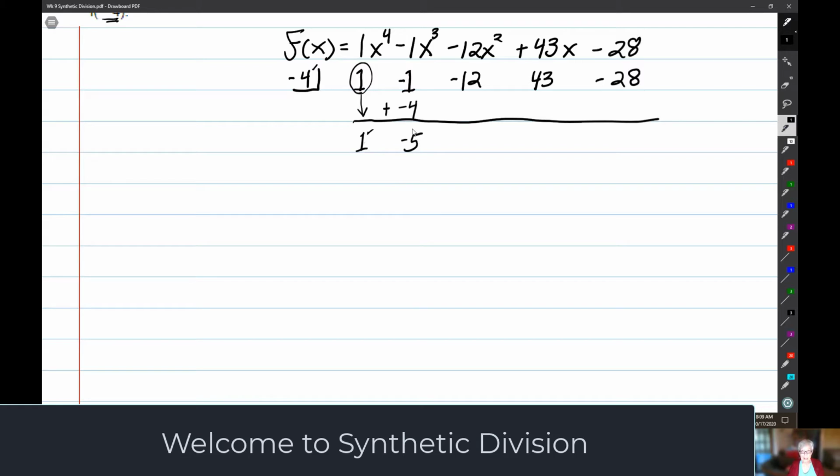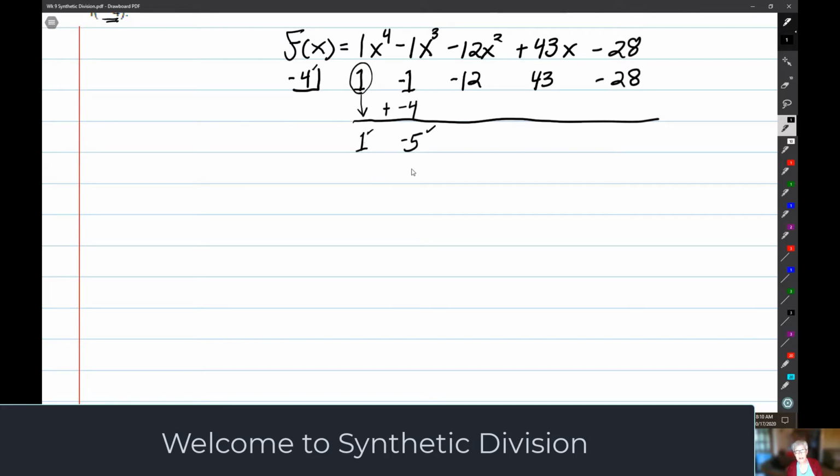Now, I take the negative 5. Am I going too fast? Somebody stop me and tell me if I'm going too fast, okay? You're okay. No, you're good. Okay, well, anyway, I've got this negative 5, and I'm going to multiply it by negative 4, the number in